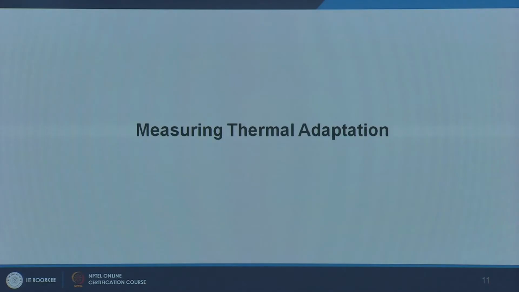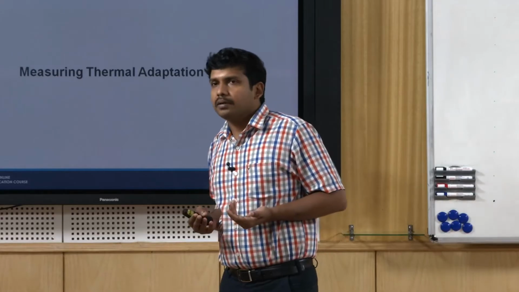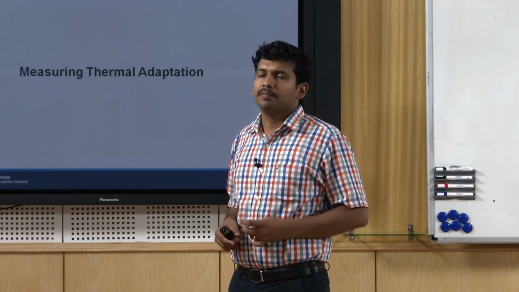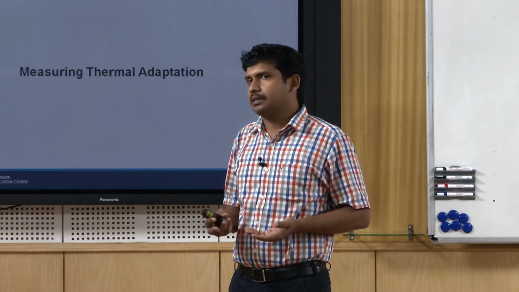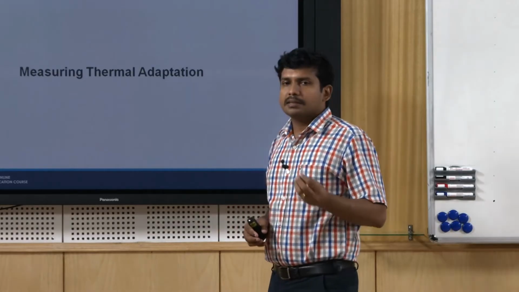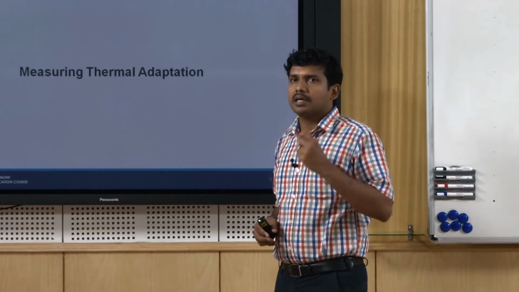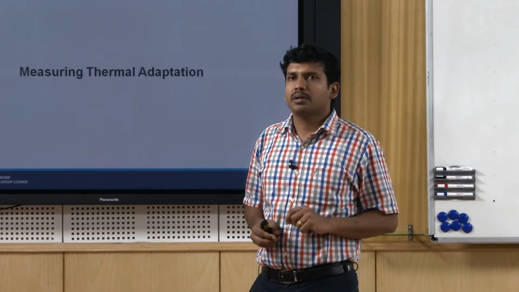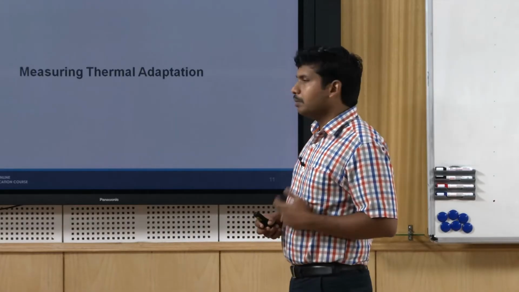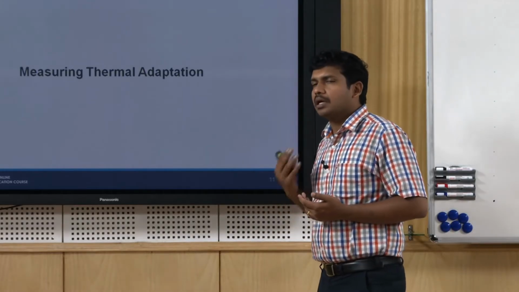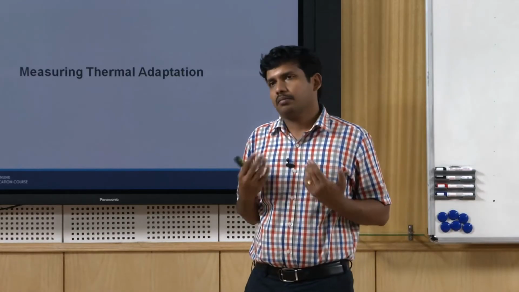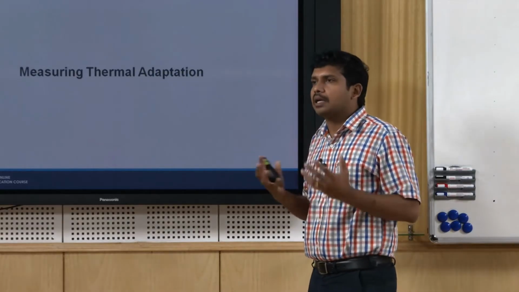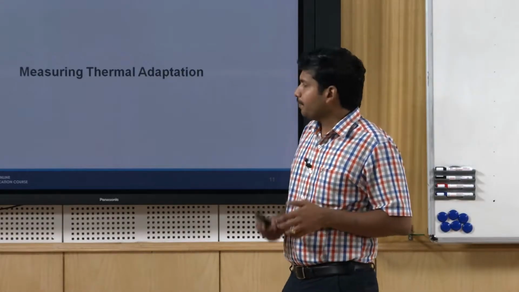How do we measure thermal adaptation? If we say measuring comfort, there are a lot of indices. We also looked at a few of them like Fanger's PMV, or for example the effective temperature or TSI. You basically assess the thermoregulatory phenomena. We saw Pierce's 2-node model where you study the thermoregulation phenomena of the body itself. But when you say thermal adaptation, you are talking about a set of dynamic people, or people using dynamic mechanisms to keep themselves comfortable. People are under movement, they are not idle.